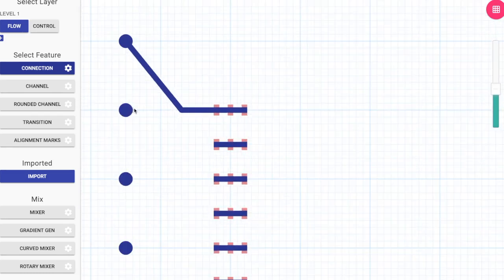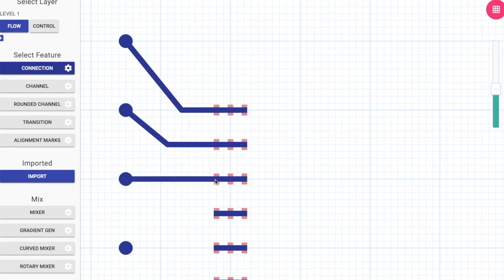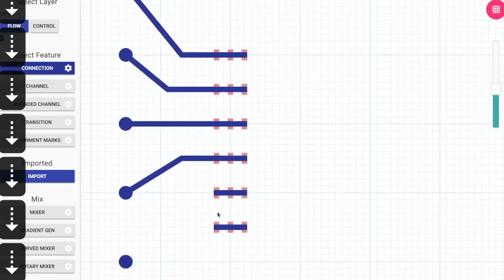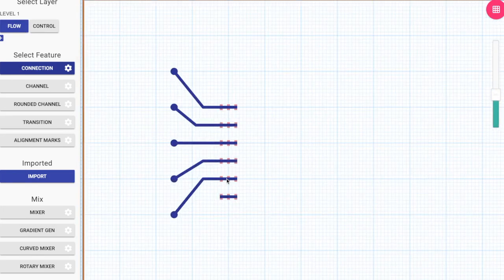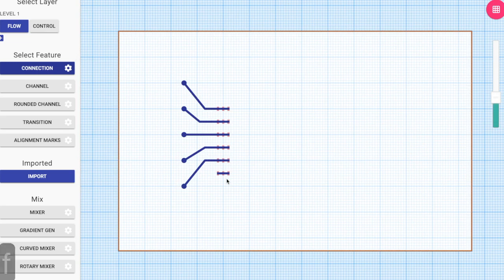By just left clicking on the port, we start the connection, and we terminate the connection by left clicking on the pump. We can also place waypoints on the way, as we can see right now, by just left clicking on the canvas. I'm panning down with the down arrow button. Now that the ports have been completed, I reset the view by pressing the F key,